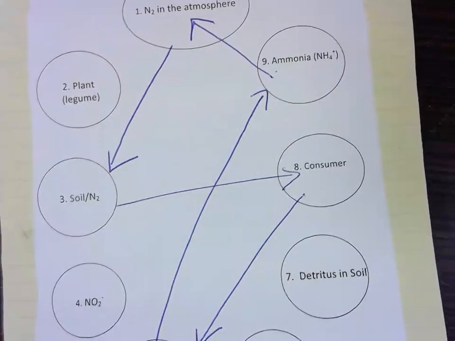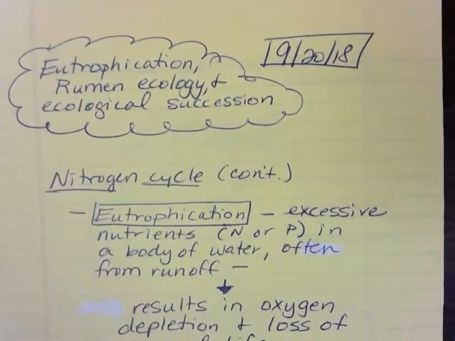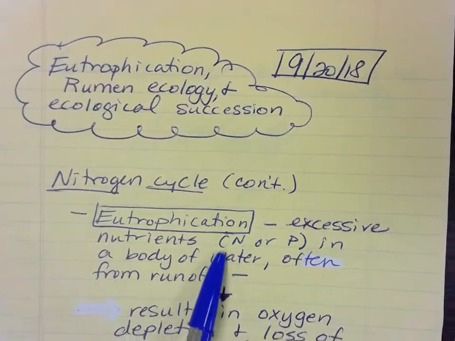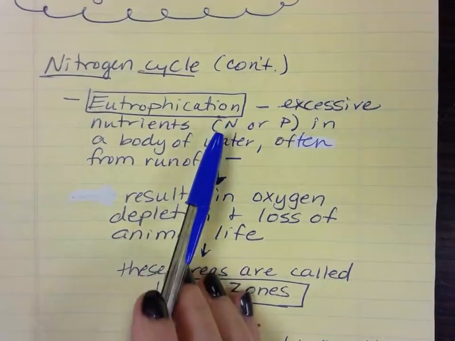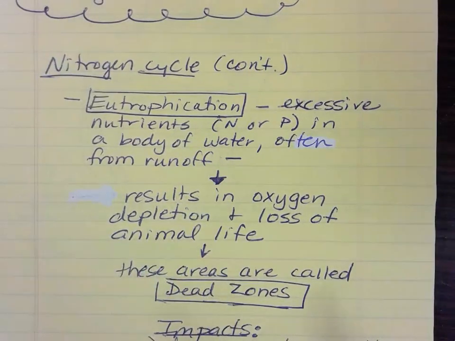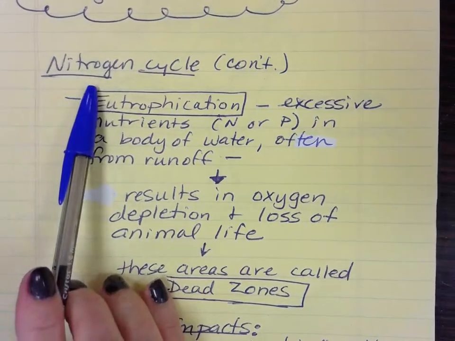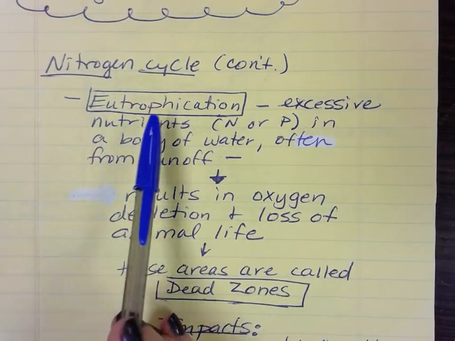Remember that we played a quick little nitrogen cycle game so you could become familiar with all the different locations of nitrogen in the ecosystem. So continuing on the nitrogen cycle, too much of anything is a bad thing. And so while nitrogen is essential and it's a good thing, too much of it can actually lead to negative